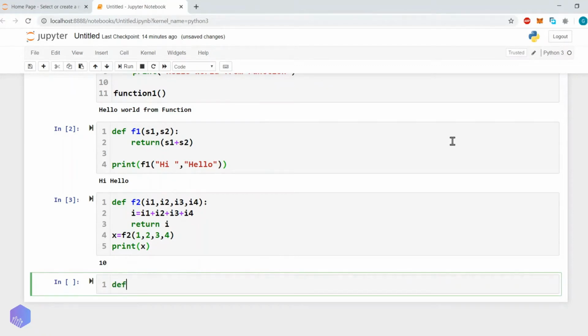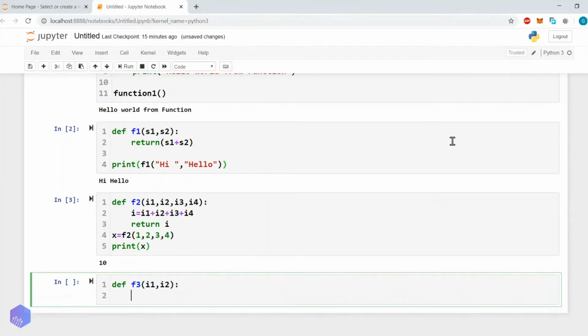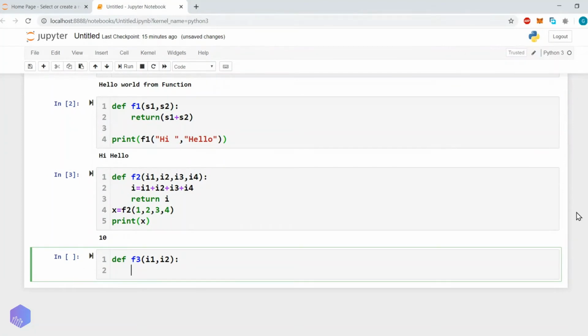Let's say we are defining a function f3 that will perform the multiplication of two numbers. How can we specify that this function will perform this task? So I1 and I2, and then we will write a doc string, document string.